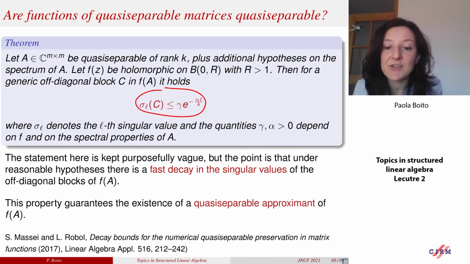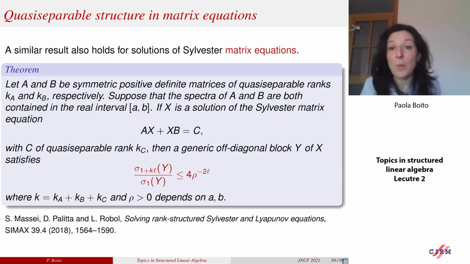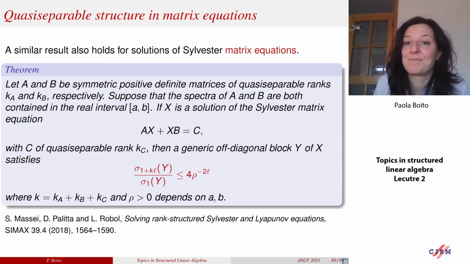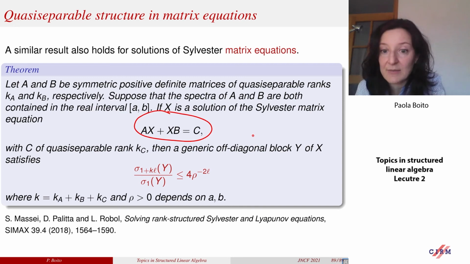Just to conclude, I mentioned that similar results also hold for solutions of matrix equations with quasi-separable coefficients. So if we have a Sylvester matrix equation like this, very much like the one we saw in the example before, where A, B, and C are quasi-separable matrices, then again, under suitable hypotheses on the spectra of the coefficients, it turns out that the solution X